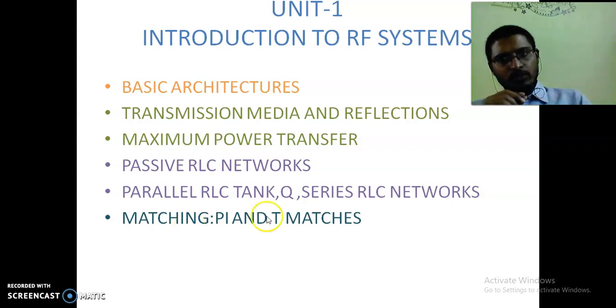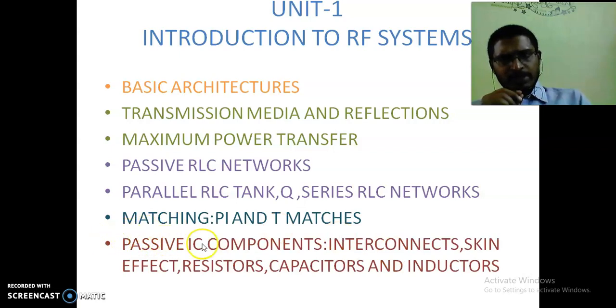Mainly there are 2 types of matching network, pi network and T network. The name itself represents the shape of arrangement of the components in that network. If the arrangement is in pi shape, the matching network is called a pi network. If the arrangement of elements is like a T, it is called a T match network. Matching networks are introduced between load and source to reduce mismatches and to maximize the power delivered to the load.